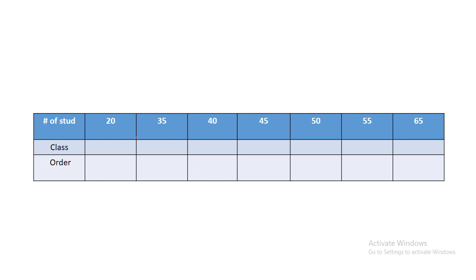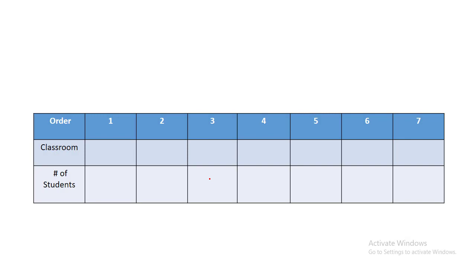Next, we can place the number of students as our header row as well, and as per the number of students we can place the data in the table. And the third, and by far the best, representation will be to represent the data as per the order. So in almost all the arrangement puzzles, mainly your order will be your header row: first, second, third, fourth, fifth, sixth, seventh, and as per the order we will try to find out. Let's say we found out that the classroom for class 3 is first from the left, then class 5 is second from the left, and like this, and the number of students as per the classrooms. So this is by far the most convenient representation of the data, and we are going to use the same for this puzzle.